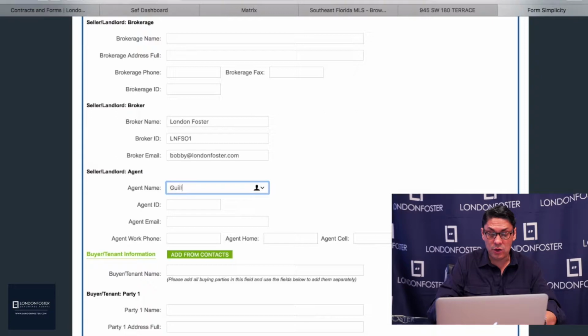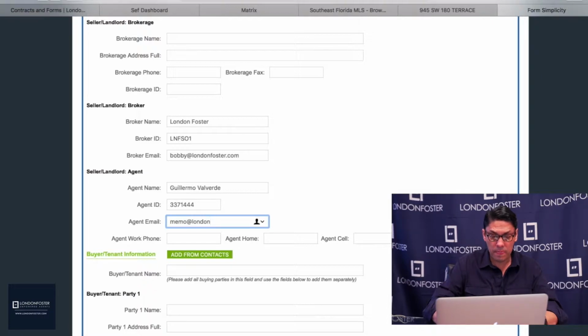You're going to write in your information, your ID, your email, your phone number,